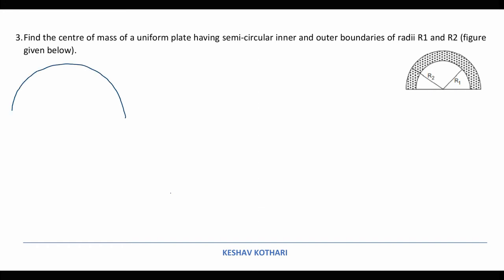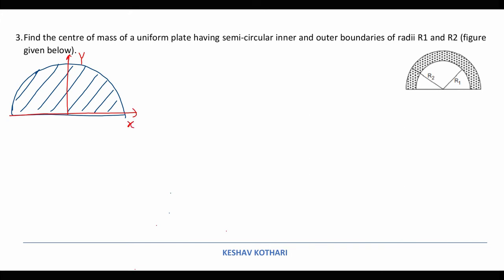So the result which we are using: if there is a semicircular plate somewhat like this, then the center of mass of this plate is lying on the line of symmetry, and if I consider this one as the y-axis and this one as the x-axis, the position of center of mass can be written as 0 comma 4r by 3 pi. So this is the result which must be kept in mind before beginning with this problem, that the position of center of mass for a semicircular plate is given in this way.